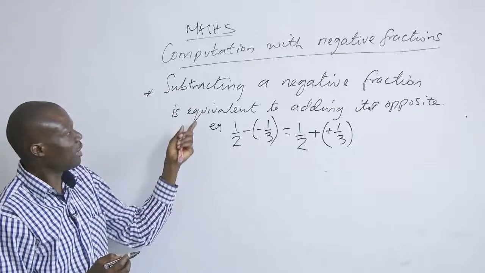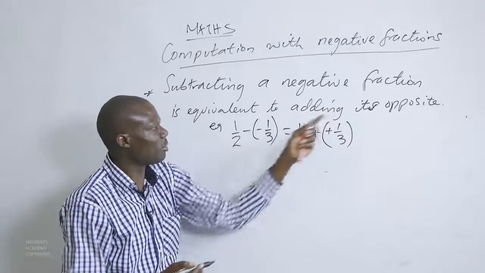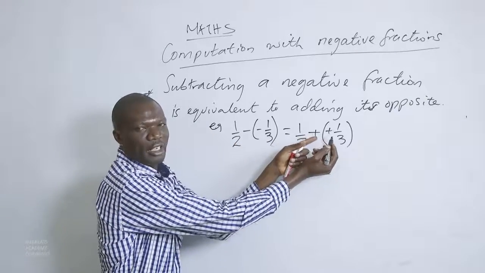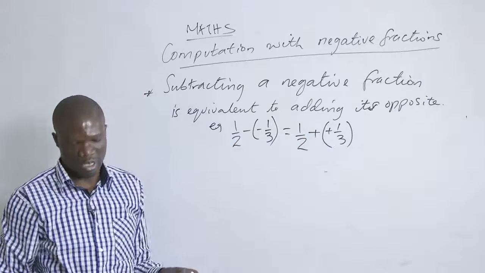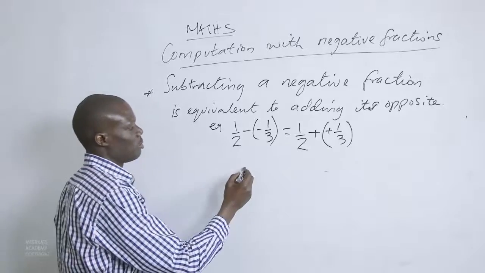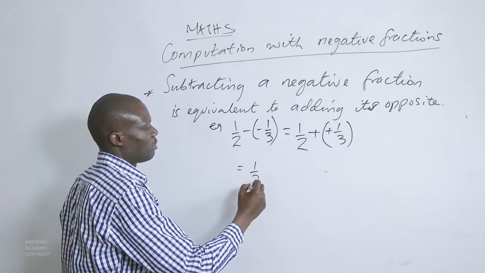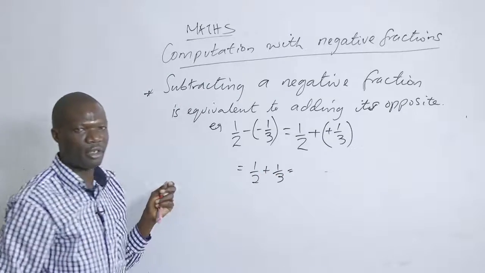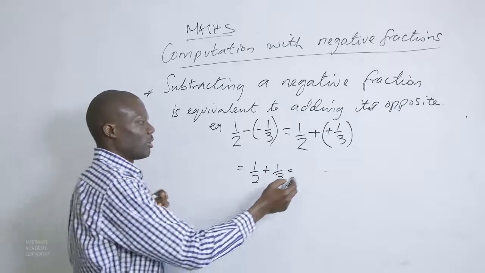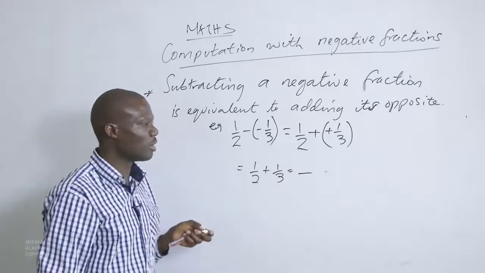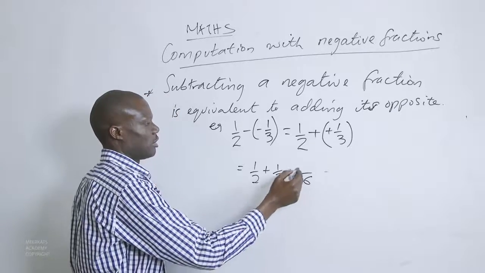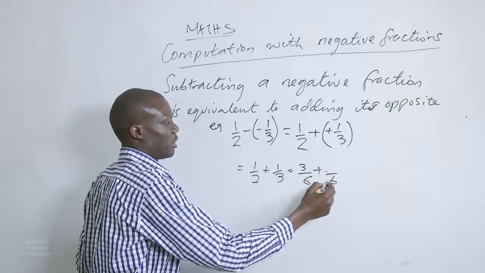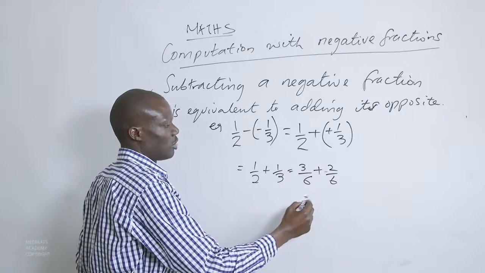So you are saying it is equivalent to adding its opposite. So subtracting a negative fraction is equivalent to adding its opposite. That's what we have. And that one can be reduced to now be a half plus a third. And if you're working that one out, the LCM, or the lowest common divisor, is 6. This one will give us 3 plus, the LCM here is 6, this will give us 2, which gives us